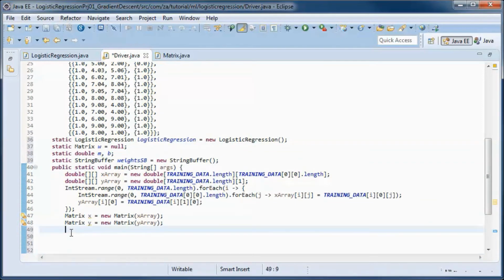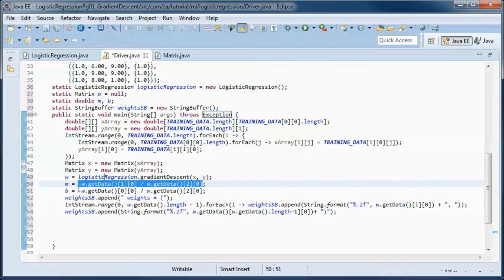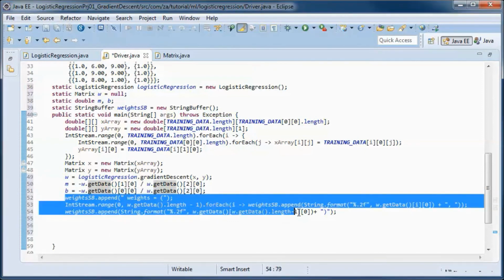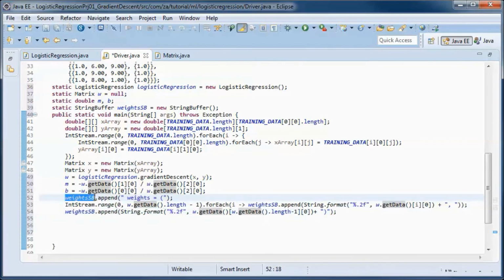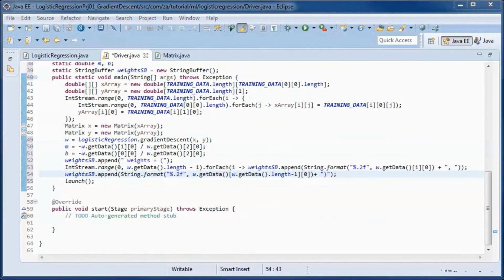So going here, now we can call the logistic regression gradient descent method, and pick up the weights, and based on those weights calculate M and B for the line, and put that weight information in this string buffer, and then call launch, which would trigger a call to the start method.